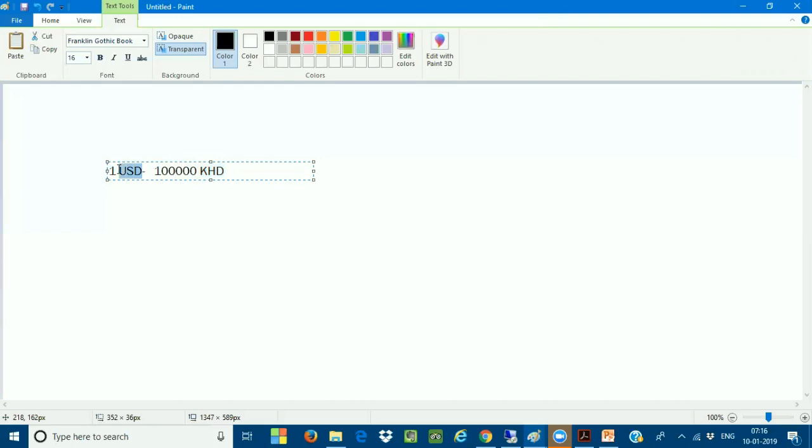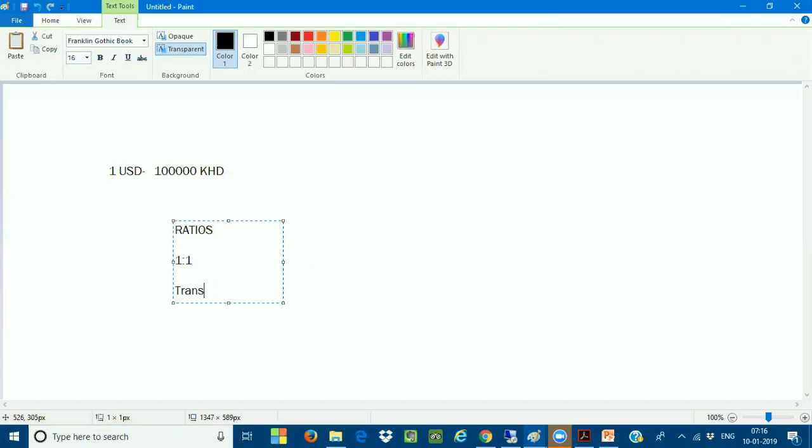So what I will do, first I will define the ratios between these two currencies. Ratios between the KHD to the USD and the ratio between the USD to the KHD. So is it a 1:1 ratio or 1:4 ratio or 1:10 ratio? First of all, you need to define the ratios here. First 1:1 like this.